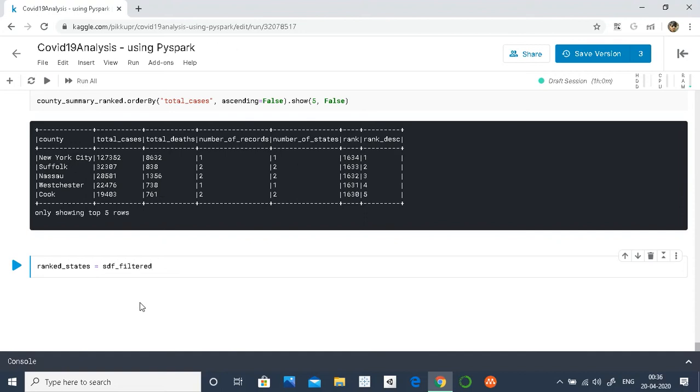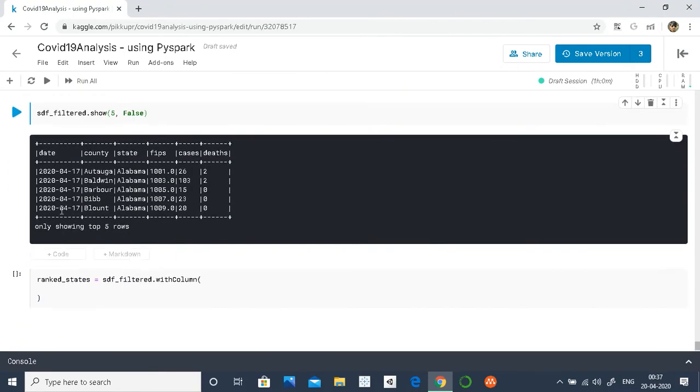Okay, so now again the logic will be same. We will create a new column on SDF filter. So before that, let me print out a few records, only 5 for now. So as you can see, this contains at daily level the county and their respective data.